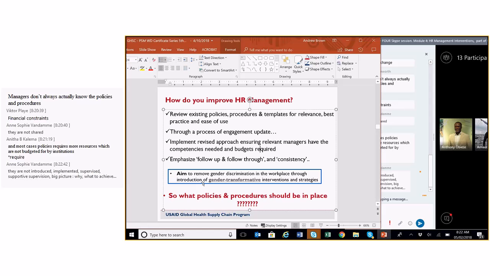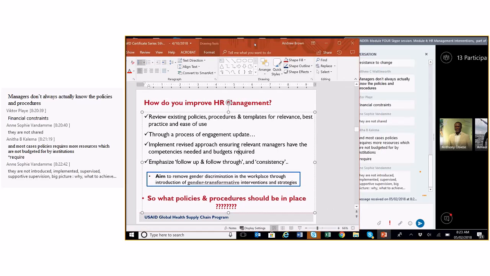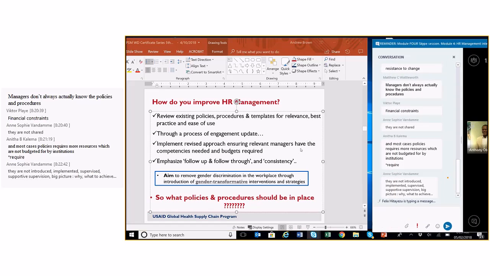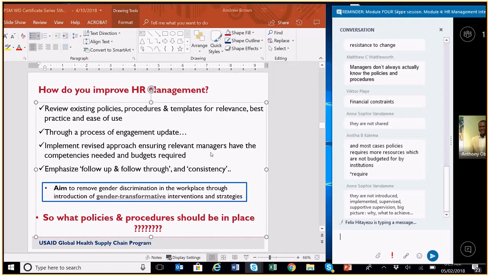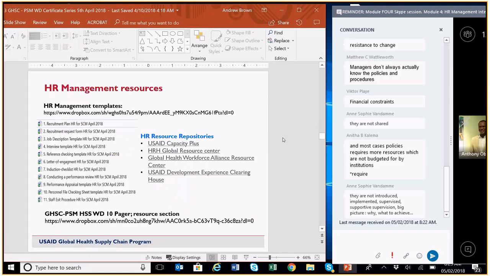This is also a point we emphasise in our first module, that supply chain is a career for both men and women, but often the way it's designed and the policies in place are discriminatory. And so I'd refer you back to that module where there was a range of resources. So the next question we ask ourselves is what are the policies and procedures that should be in place? And this is where we go back to thinking about the bus.